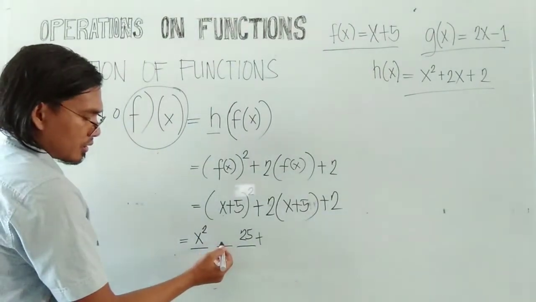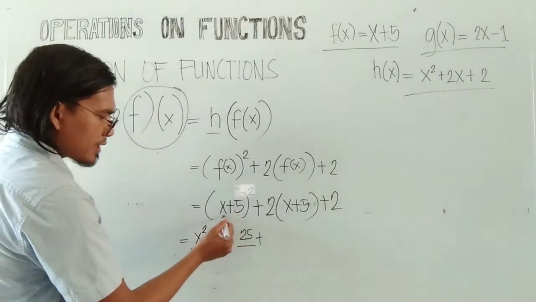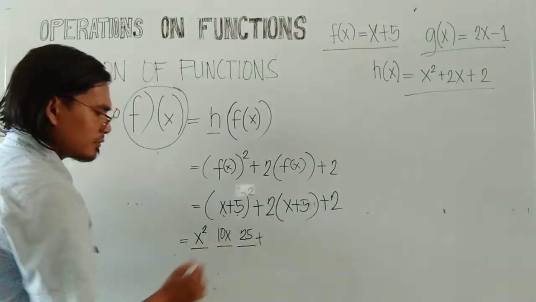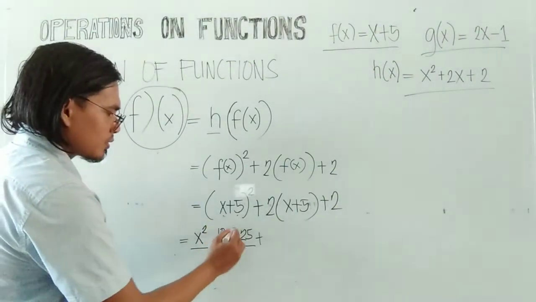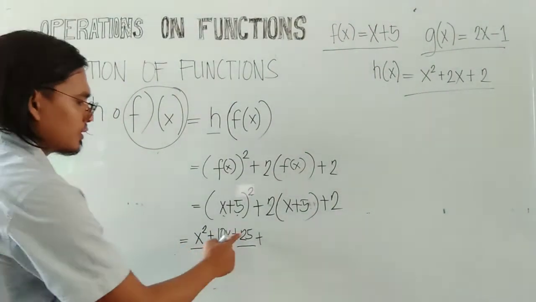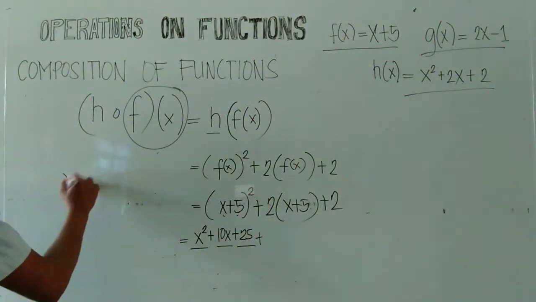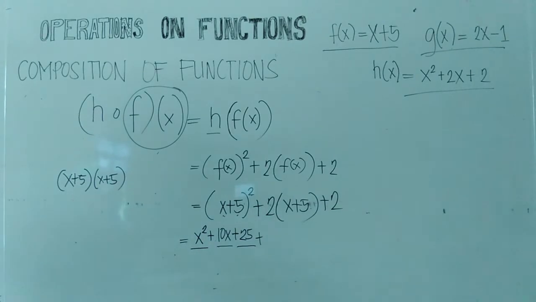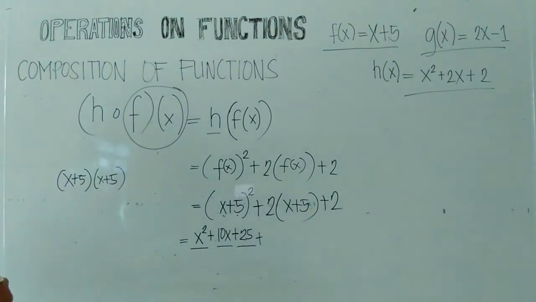Your middle term will be the first term x times the second term 5. So x times 5 is 5x, times 2, and that will become 10x. If the sign is positive, all of the signs of your trinomial will also be positive. If you cannot follow the shortcut step in this one, you can perform this by expanding x plus 5 times x plus 5 and doing the FOIL method. We have F,